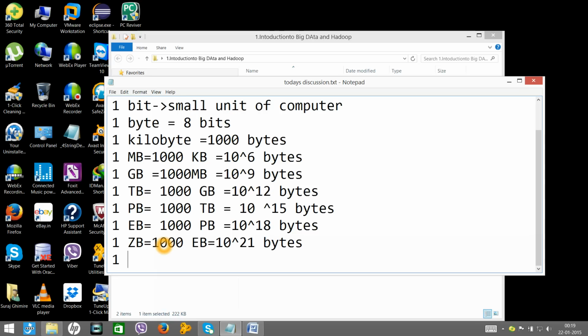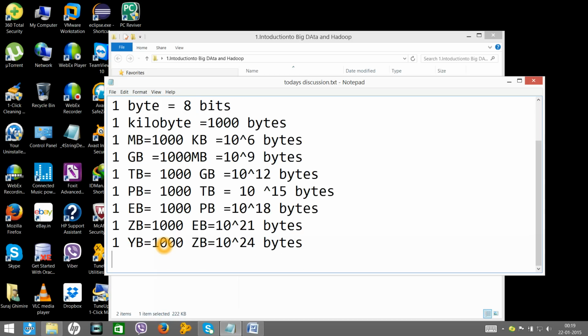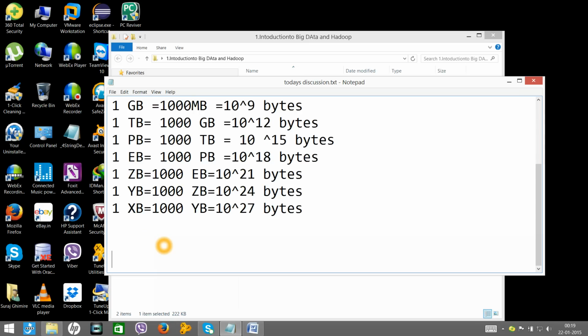Beyond this you have yottabyte, 1000 ZB is equal to 10 to the power 24 bytes. Beyond this you have xenottabyte, 1 XB equals 1000 YB, equal to 10 to the power 27 bytes. Okay, so this is a classification of data.